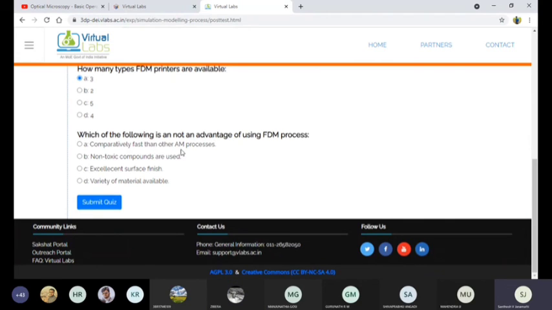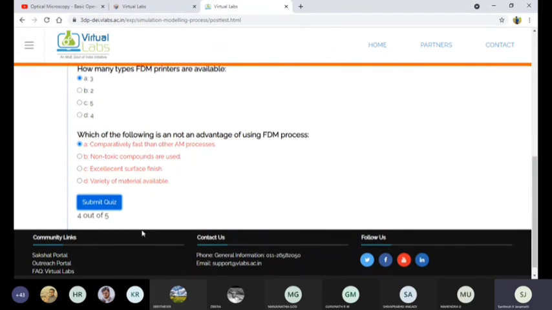This is wrong, because we discussed it while discussing the limitations. Let's check whether it is right or wrong. Okay, now submit the question. Yes, this is wrong. Variety of material is right.